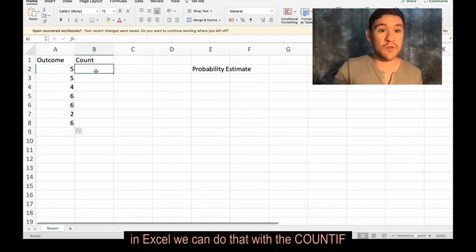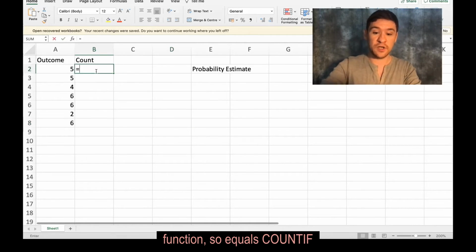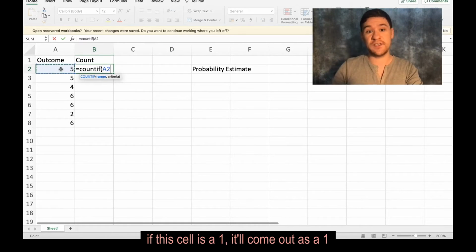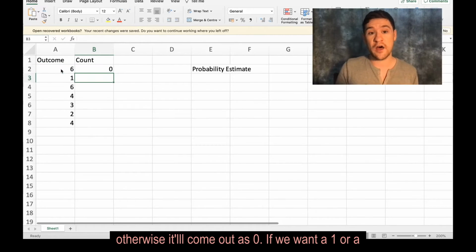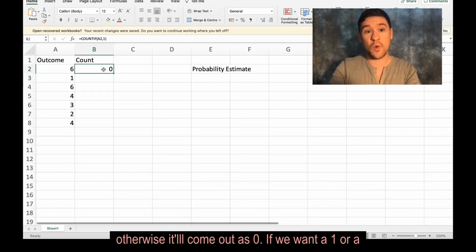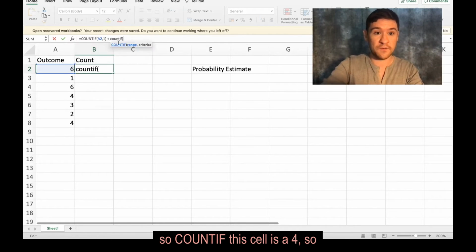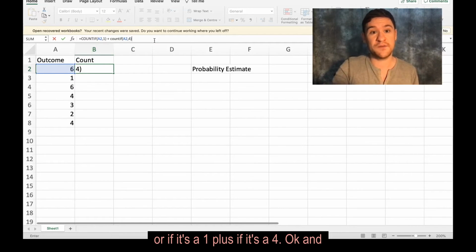In Excel we can do that with the COUNTIF function, so equals COUNTIF. If this cell is a 1, it'll come out as a 1, otherwise it'll come out as a 0. If we want a 1 or a 4, we can just add them together. So COUNTIF this cell is a 4, so if it's a 1 plus if it's a 4.